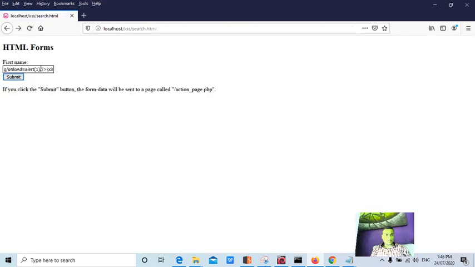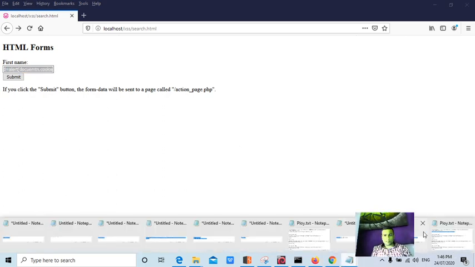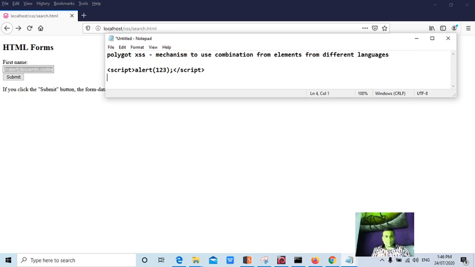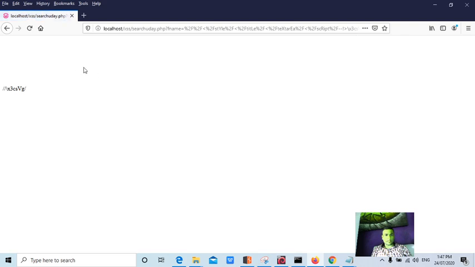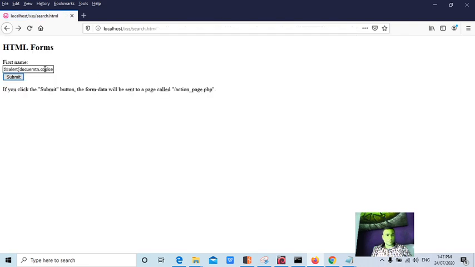If I want to print the cookie values, you also know that alert. This is the script. You can see now it will print the cookie values. Maybe I made a spelling mistake. It always happens with me.